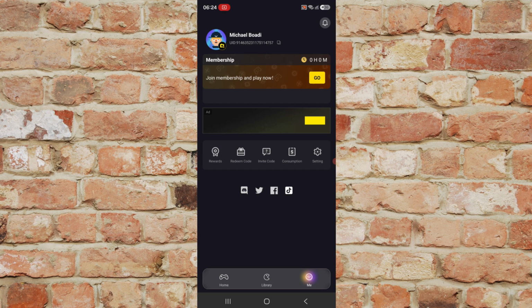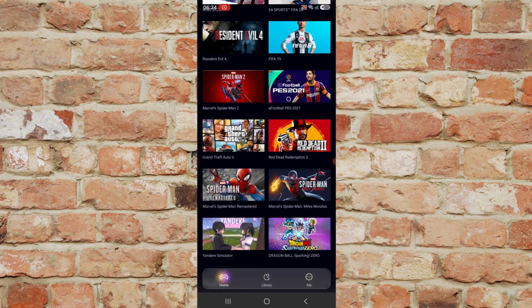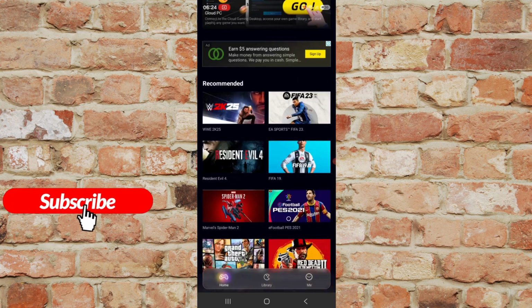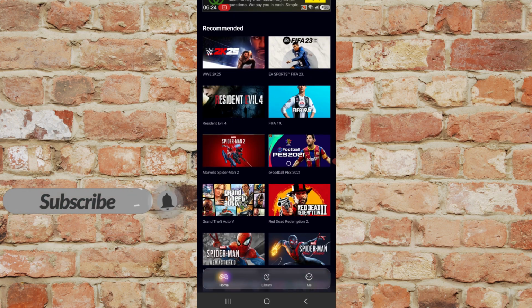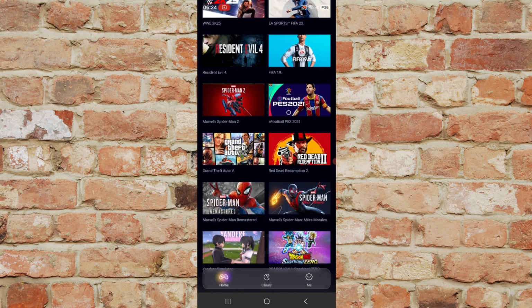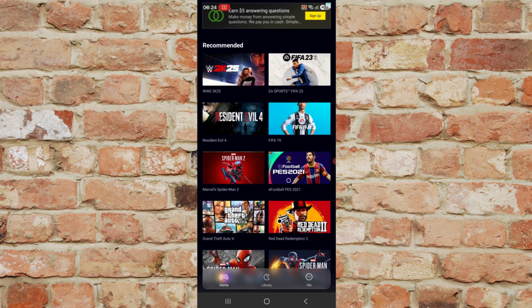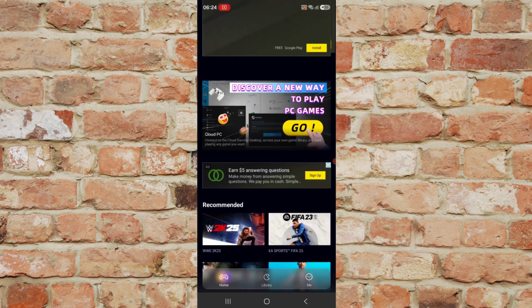So this app is going to help you play PC and then console games. Yeah, so you just need to subscribe and you'll be able to play all your favorite PC games. You can see EA Sport here, PS21. You can see Grand Theft, Spider-Man 2, just like I opened, Residential Evil, WWE, and the rest. So that's it on the